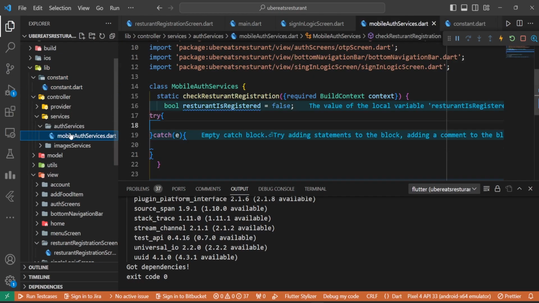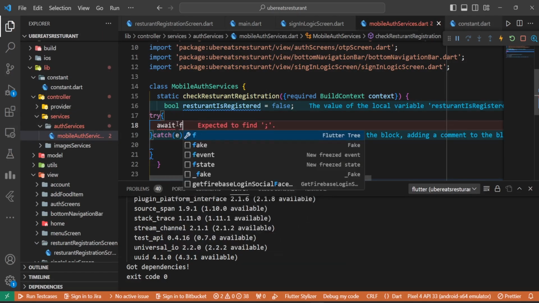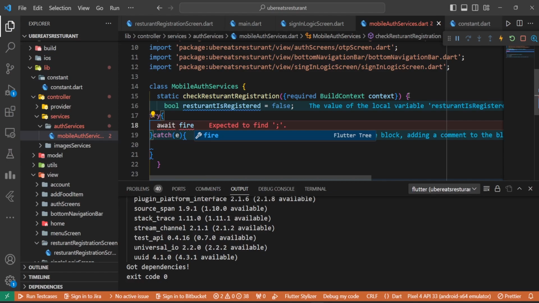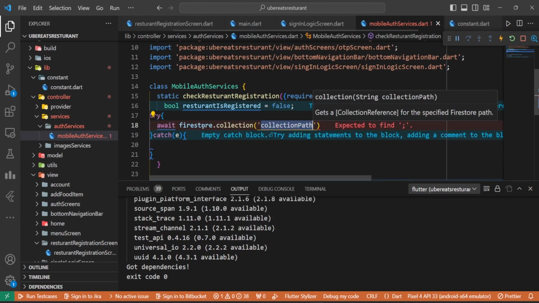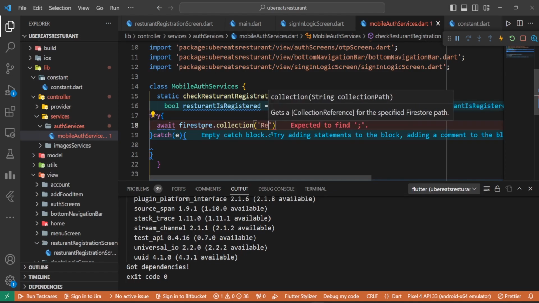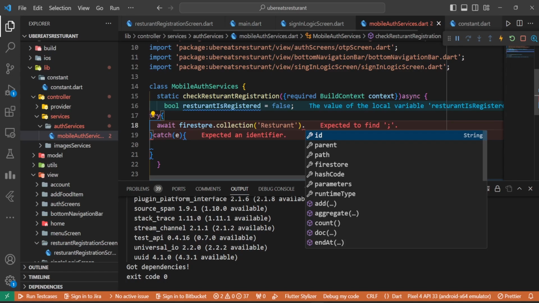So we'll come back to the mobile auth services, and here we will go with await firestore. We have to declare this function as asynchronous. await firestore.collection, and here we have to go with the name of the collection. Let's name it restaurant.where,